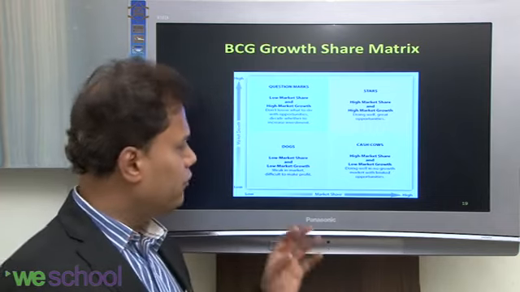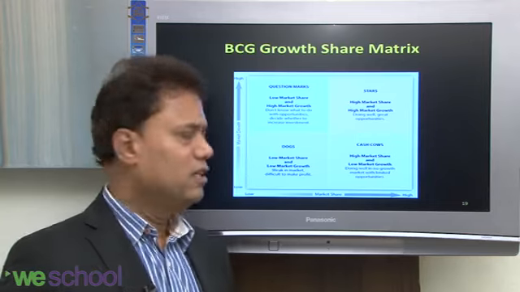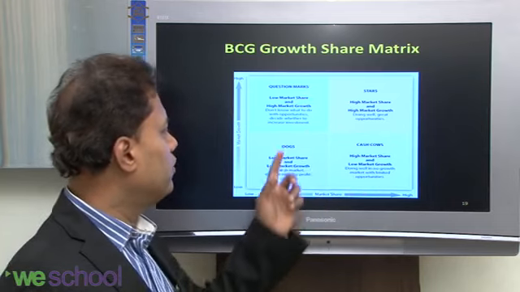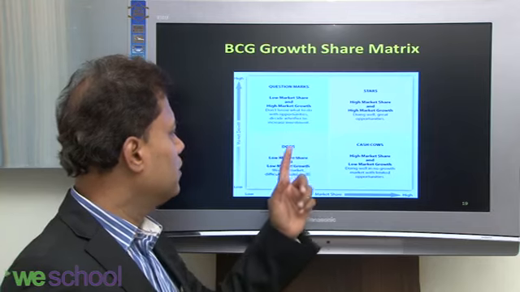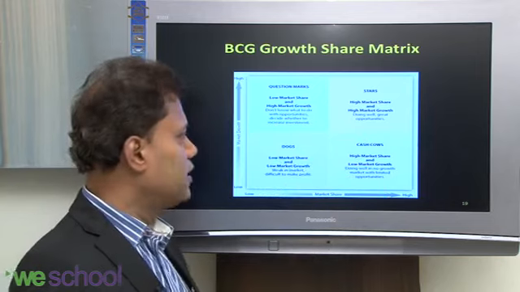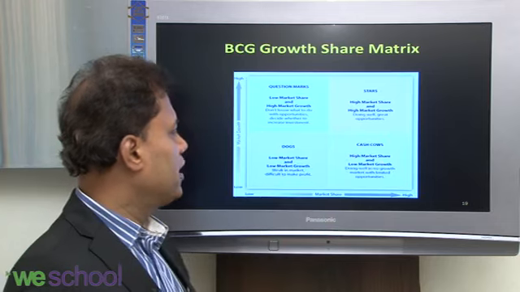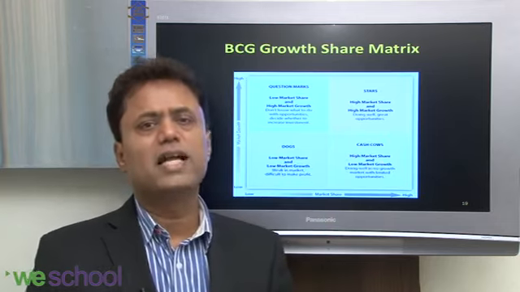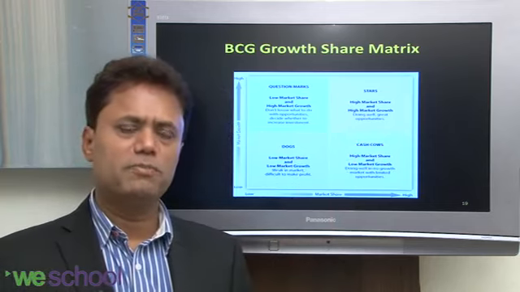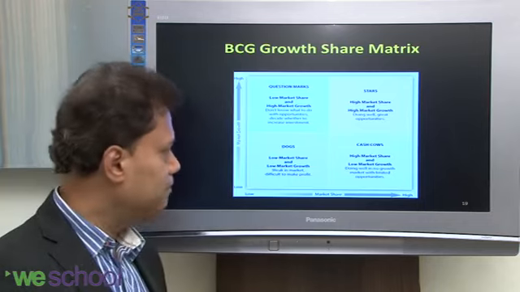If you can map your company into one of these quadrants, you will come to know what kind of strategy you need. Suppose you have low market share and high market growth, and you want to move from here to here. You want to move from the dogs area to the cash cow area, or you want to move from low market share to high market share and high market growth. So you can devise your strategy accordingly. This tool helps you to baseline your organization's position with respect to your business in the market today, and then where you want to be in the next 3 years or 5 years.